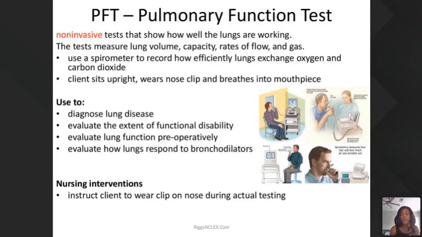Have the client sit upright. And again, this is another area with skills. There's a video on how to properly do this, and before the end of the review, I will deviate to show you where they are. We use these for a number of these diseases. A lot of respiratory lung diseases, you may need a PFT test. So teach the client, clip the nose